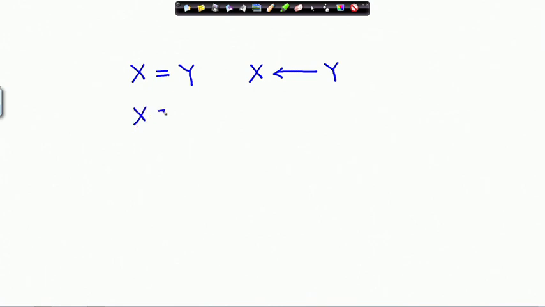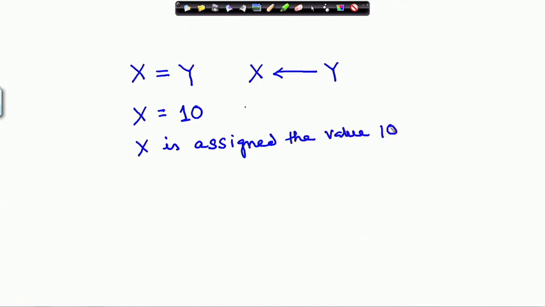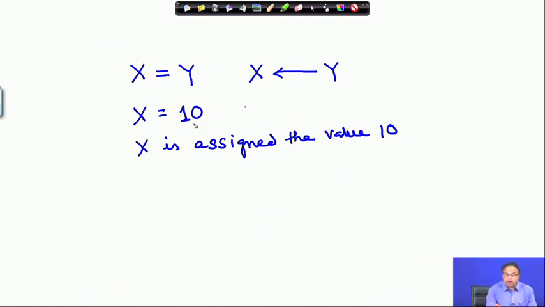If I write x assigned 10, this means x has been assigned the value 10. Earlier I had some value in y, whatever it was, and that was being transferred to x. But here the right hand side is no longer a variable, but a value.